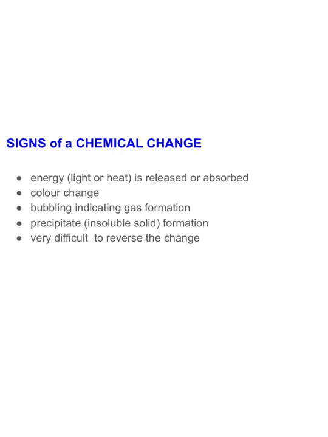Bubbling or gas formation. What that means is if you mix two things together and you start seeing bubbles form, well, that's an indication that a reaction is now taking place. And when a gas is released, that means a new substance is formed. Precipitate, and I'm actually going to go back to the previous slide so you can see an example of this. And then finally, the most common indication of a chemical change is when we find it very difficult to